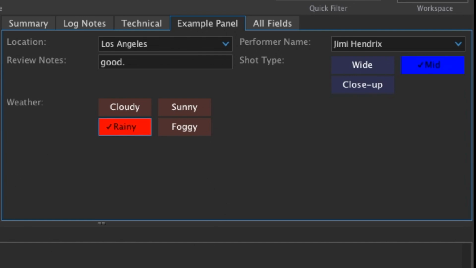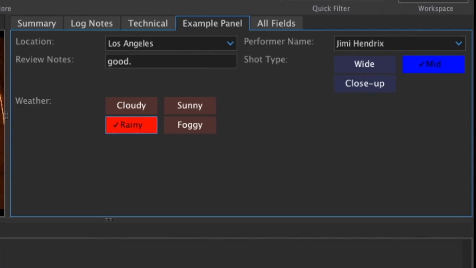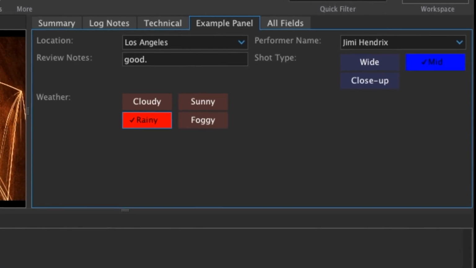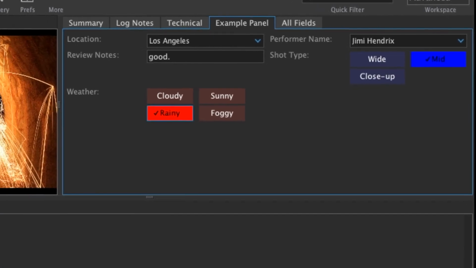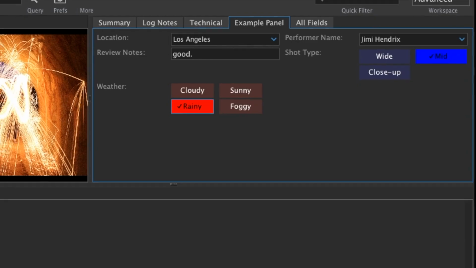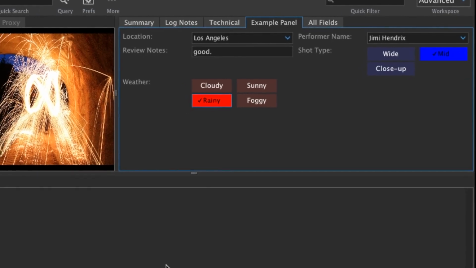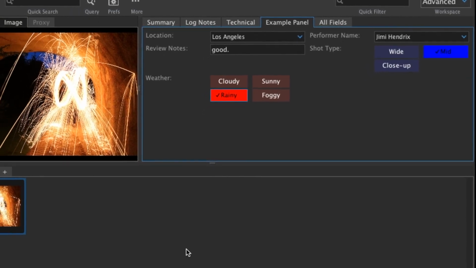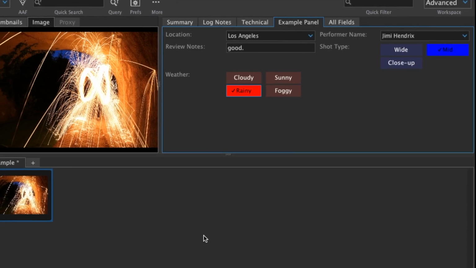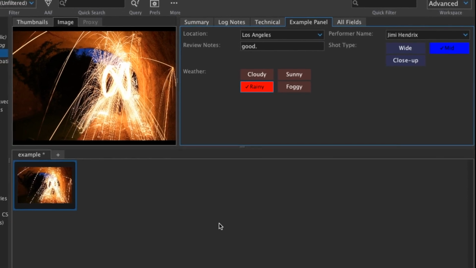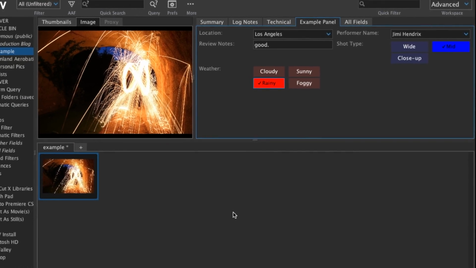So, we have created some new fields, populated the values they are allowed to have, and then displayed them in CatDV. For our enterprise systems, we can overlay security onto these panels so that only certain people or roles can access them. All of this information and a lot more is available on the CatDV